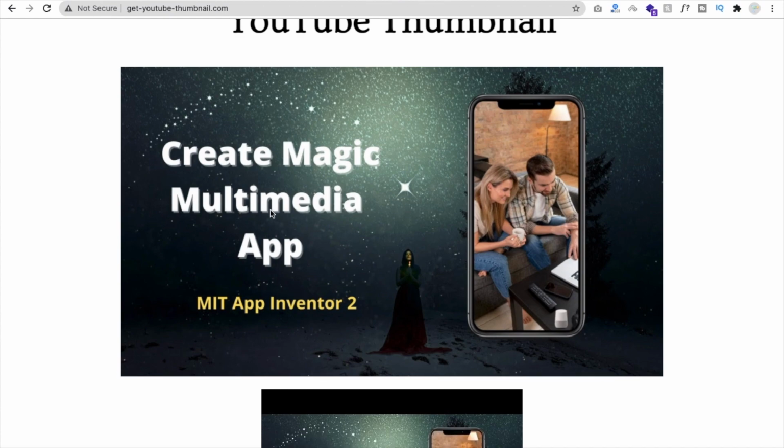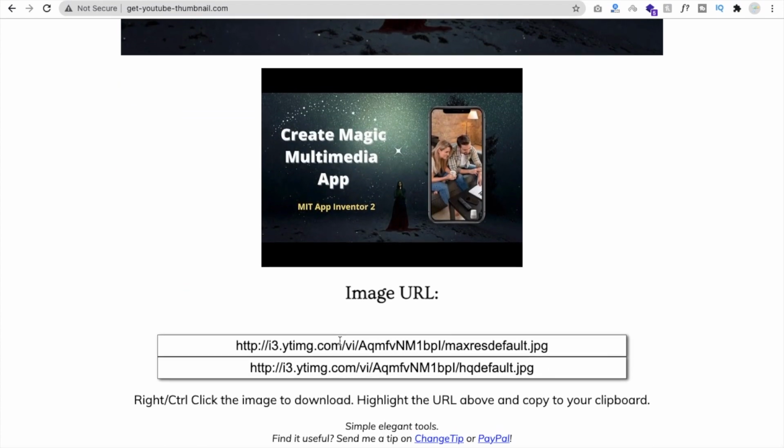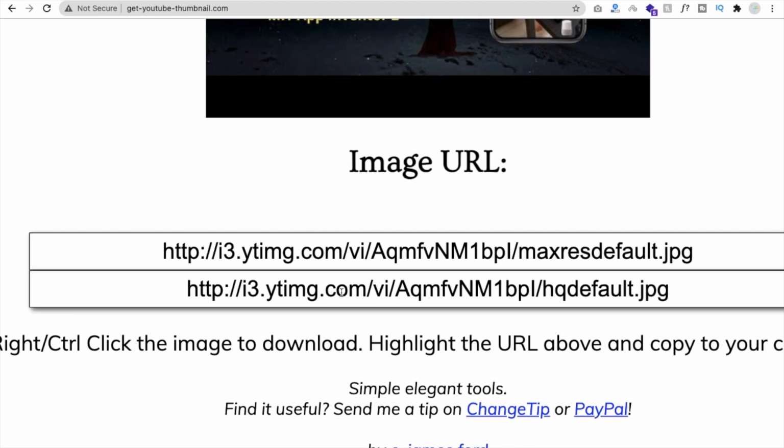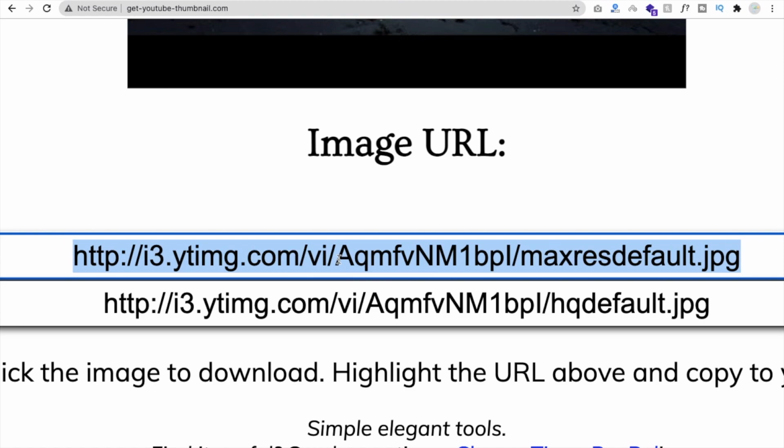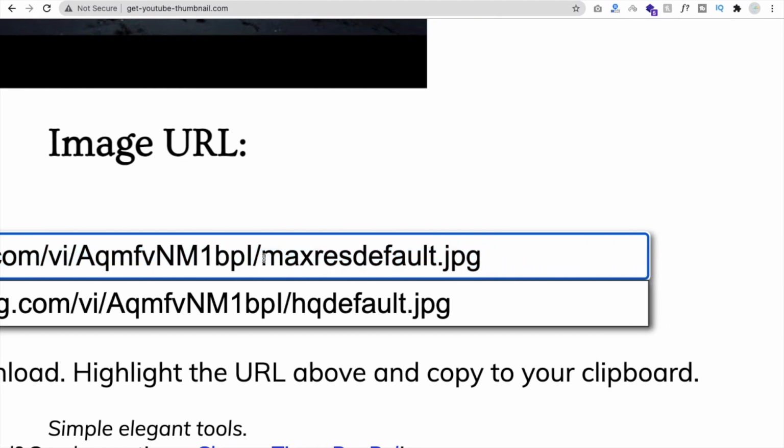The common thing you will find here is http i3.ytimg.com, that's the default URL of YouTube, and plus vi also, but that one code is our YouTube video ID, and the rest is again default.